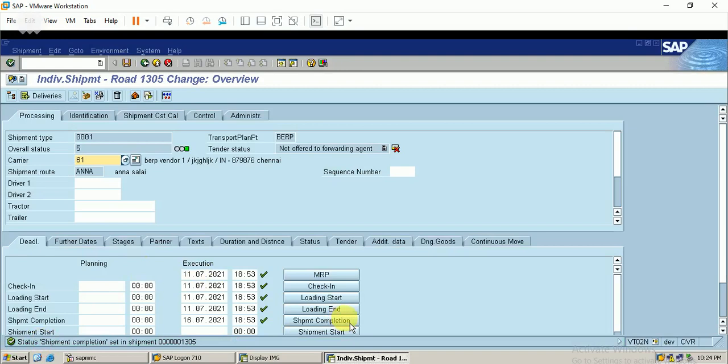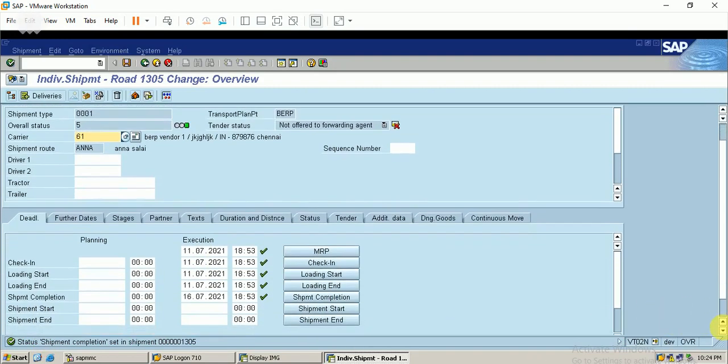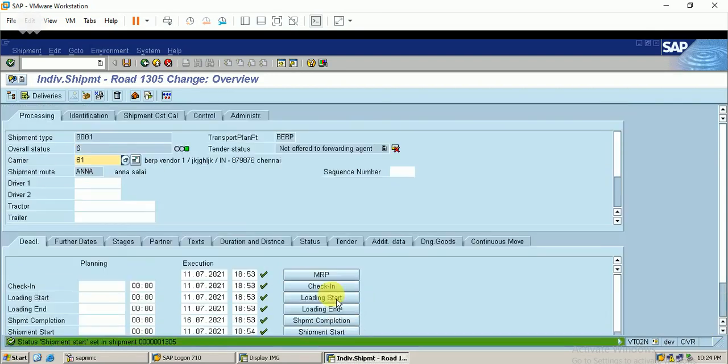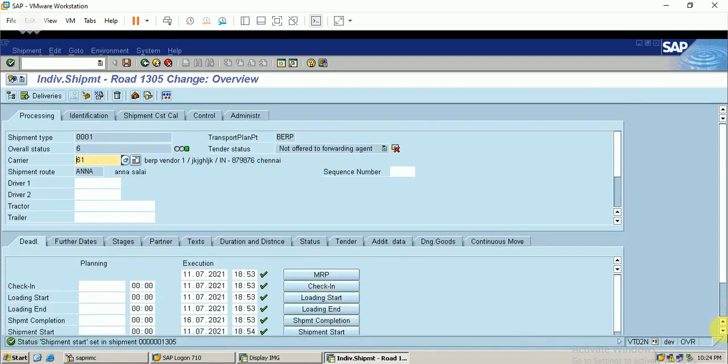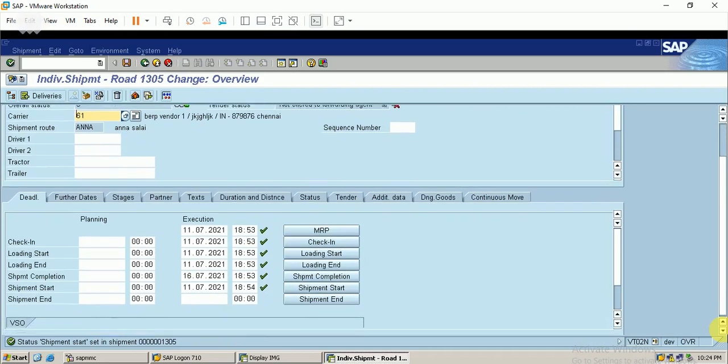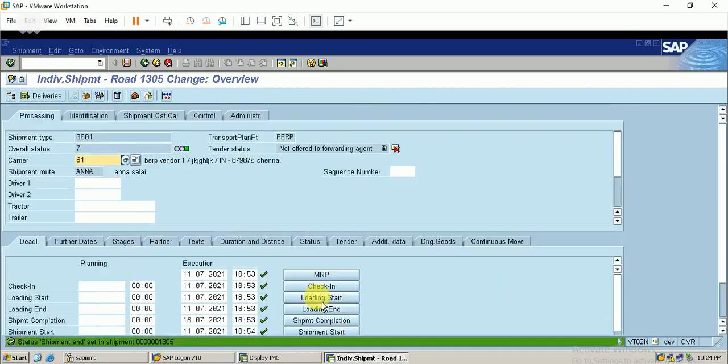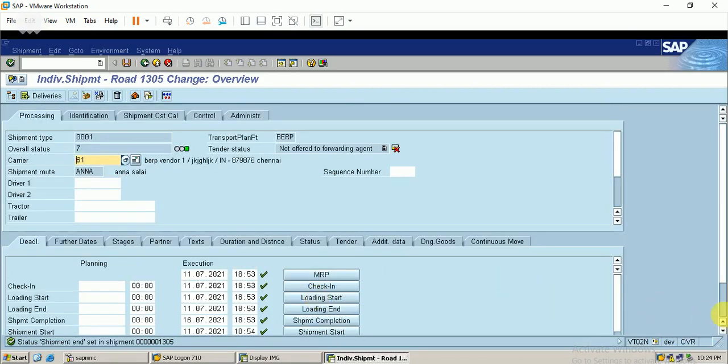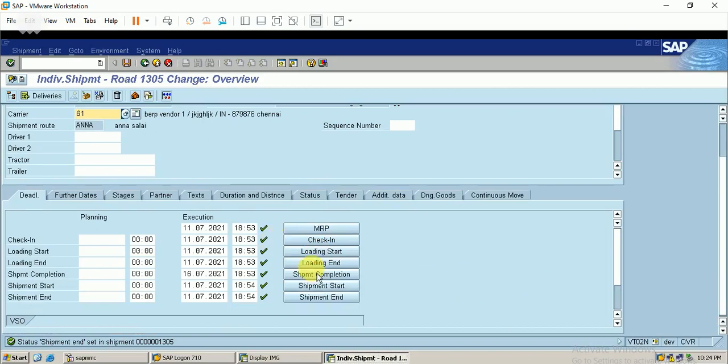Okay, the shipment is completed. Shipment start, and the shipment ends. So I have completed all my activities, you can see here. My shipment activities have been completed.